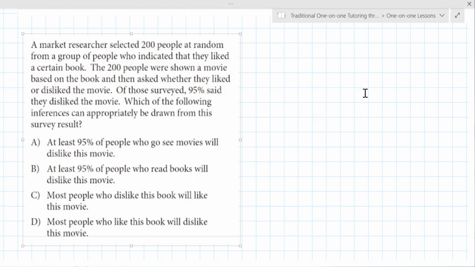B. But here's what you just told me, and this is really critical. You said 200 people liked the book and watched a movie. Okay, but the D. Yeah, but I most of the time didn't read all of them. Okay, you got to read them all. Yeah, you can't do that. All right, so